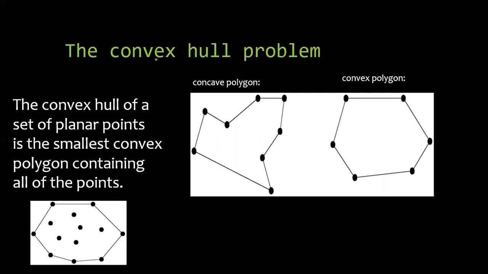Now, we are discussing the convex hull problem. The convex hull of a set of planar points is the smallest convex polygon containing all points. This is just the definition of the convex hull. See, here we have a concave polygon, and here a convex polygon, because if we join these two lines, we go out of the plane. If we join these two lines and these two lines, we stay in the plane. Therefore these are called convex polygons. If we join any other points here, we are still in the plane. That's why this is called a convex polygon.